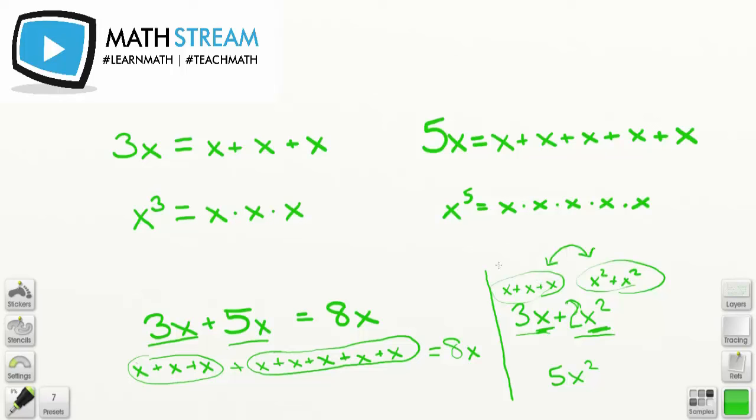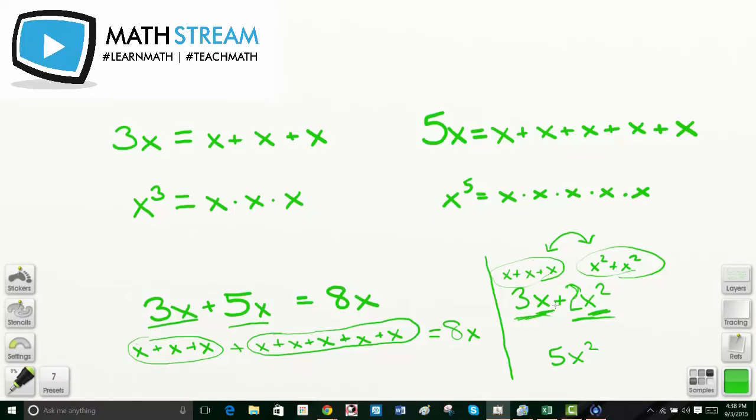No. We have x's, we have x squareds, and x is like a one-dimensional object, and x squared is a two-dimensional object. Totally different mathematical objects. So we can't combine a 3x and a 2x squared because of how we define it. So keeping that in mind,